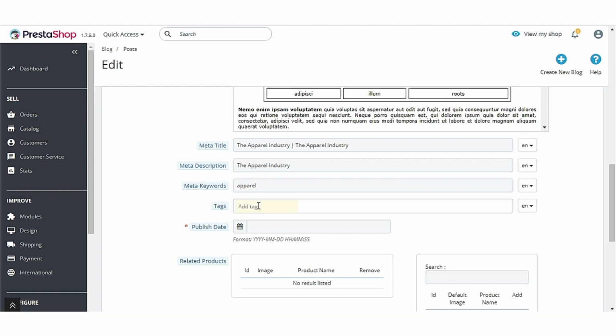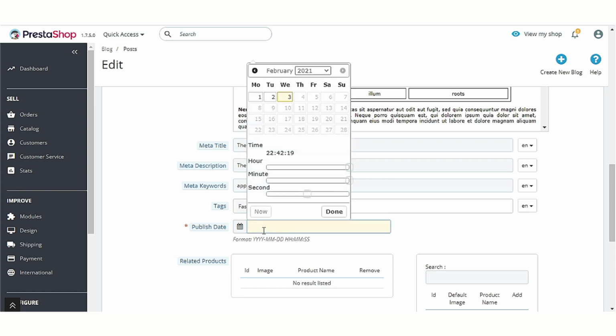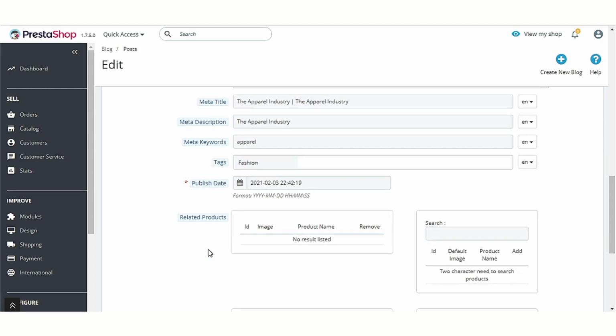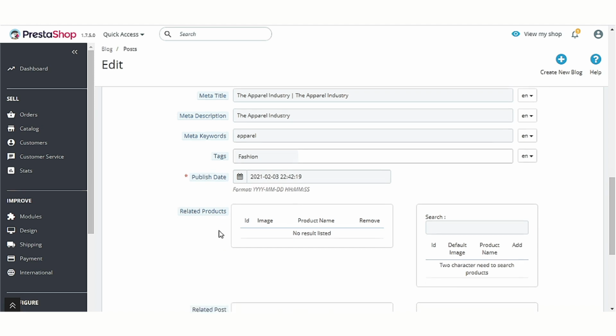Add tags for the blog here. In this field, admin has to set the publish date and time for the blog. Select the related products to be displayed with the blog post.